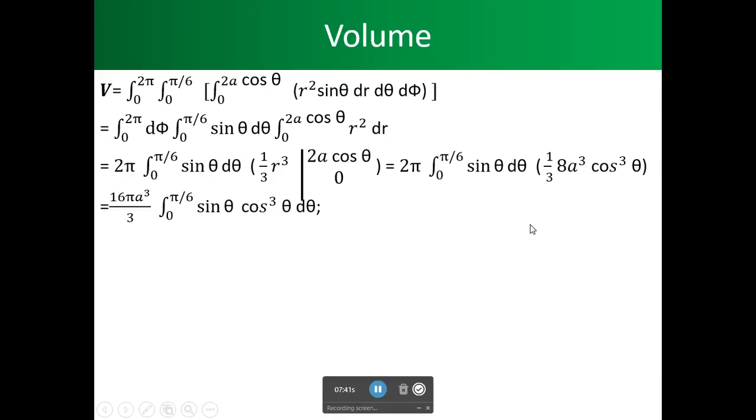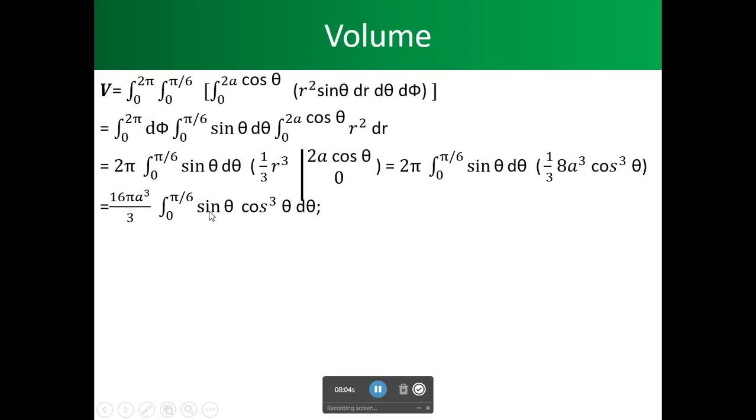So now let's look at d theta. What do we have here? Okay, we take this out. This is 16 times pi times a cubed, all divided by 3. So that's our constant that goes out front. Now we have our 0 to pi over 6. And if we integrate